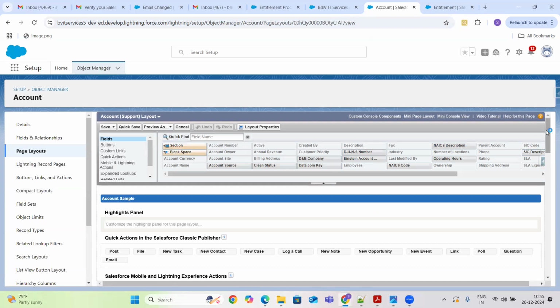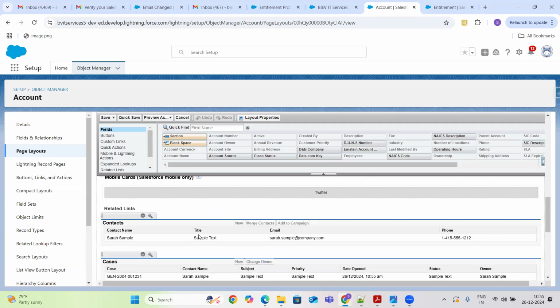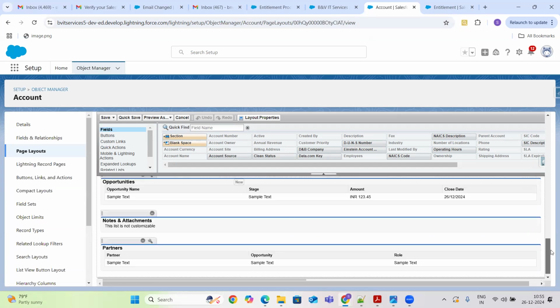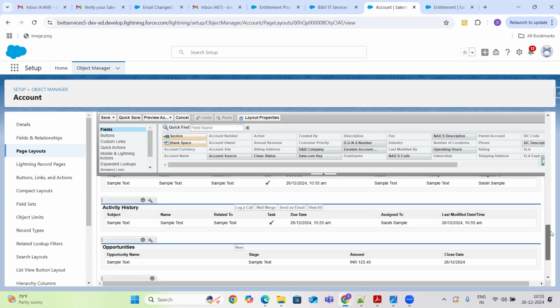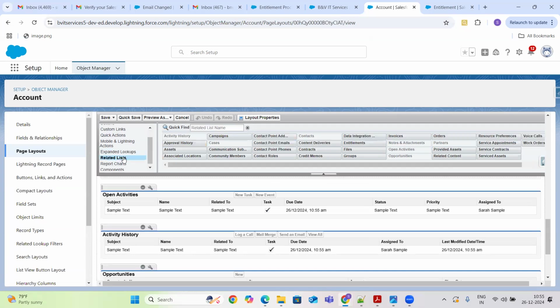Okay. In the account support layout, under the related list, we are seeing the contacts, cases, open activities, opportunities, notes and partners. So let me go to the related list. And then there is an option for entitlements.